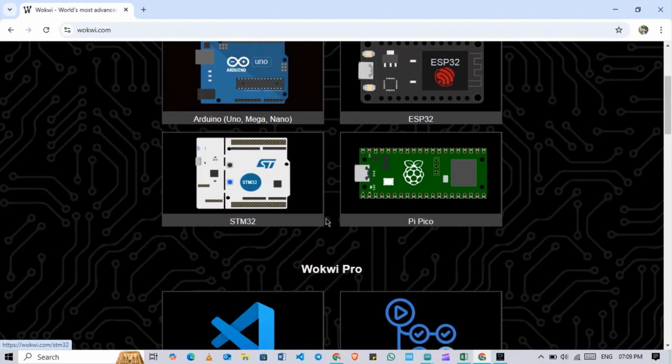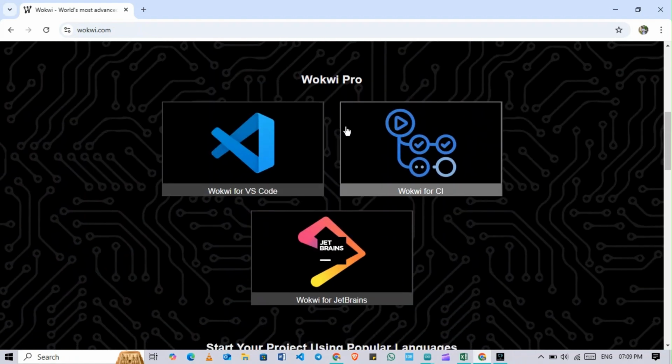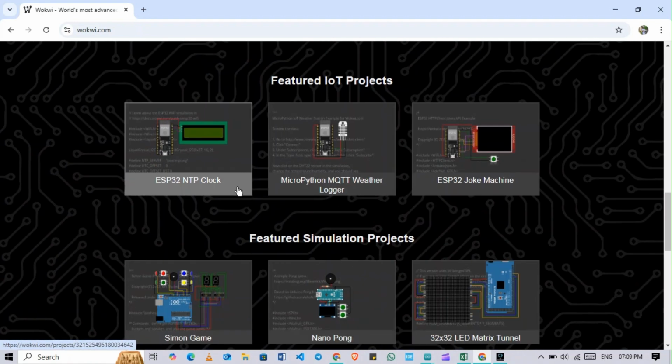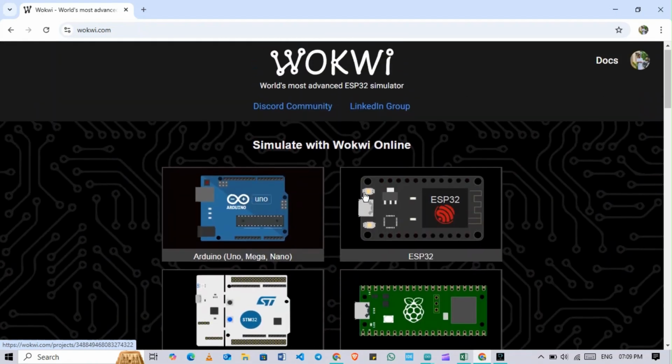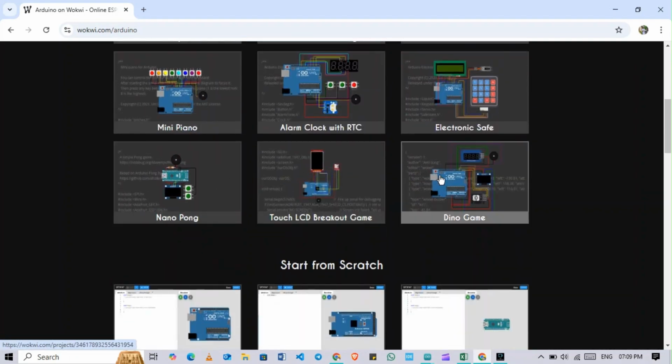And if we go again to our home, other controllers and platforms are also there, like VS Code, Wokwi, and Wokwi JetBrains. These are the code already here. If we open this, okay, we will open one existing project like this one. If we want to run it,